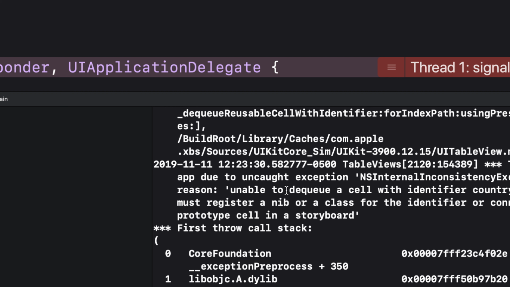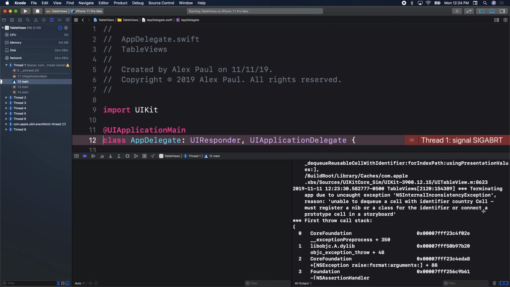But do we see unable to dequeue? Remember, we keep talking about that dequeue word. It's trying to find the cell. It's trying to recycle a cell right now. We're using that identifier we gave it. But the identifier we gave it, let me zoom back here. The identifier we gave it,